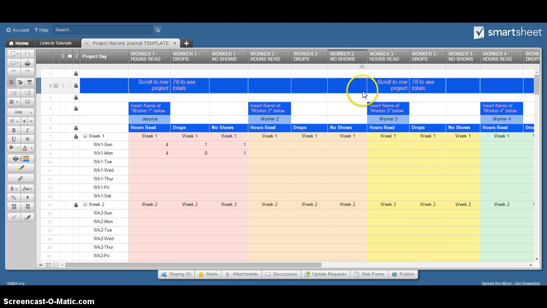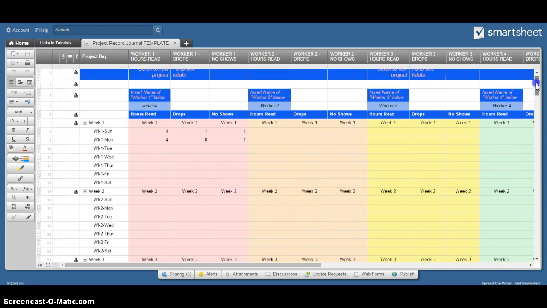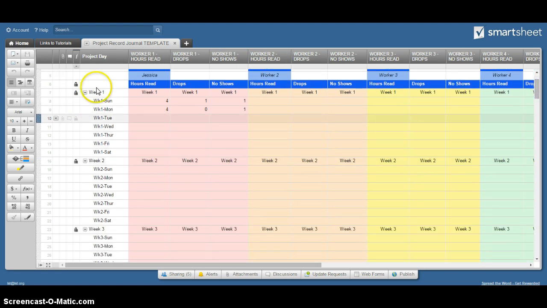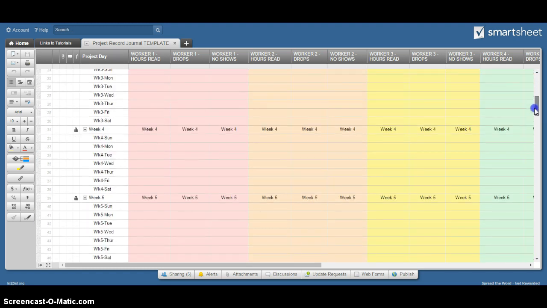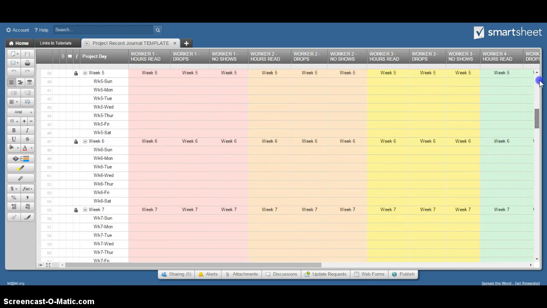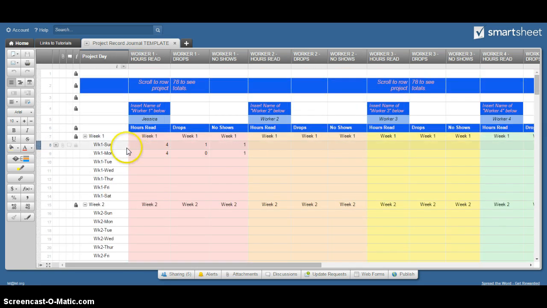I think you can figure this out pretty well on your own, but basically you've got two sections here. You've got a section, this is what you use most, to enter statistics. It's ordered by weeks, week 1, 2, 3, and onward. So this is set for any length of project up to about 8 weeks there. So in any given week, you've got different workers, and for each worker you can enter